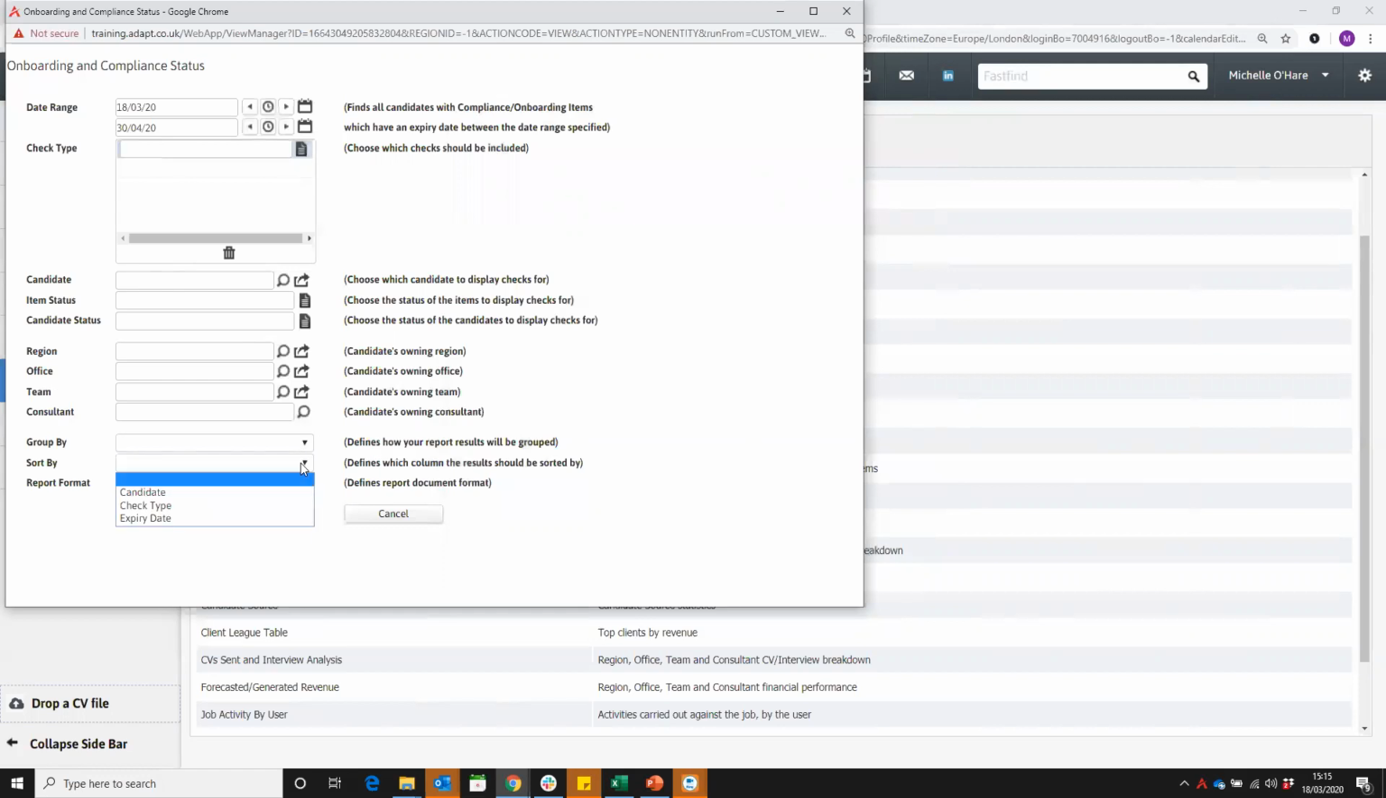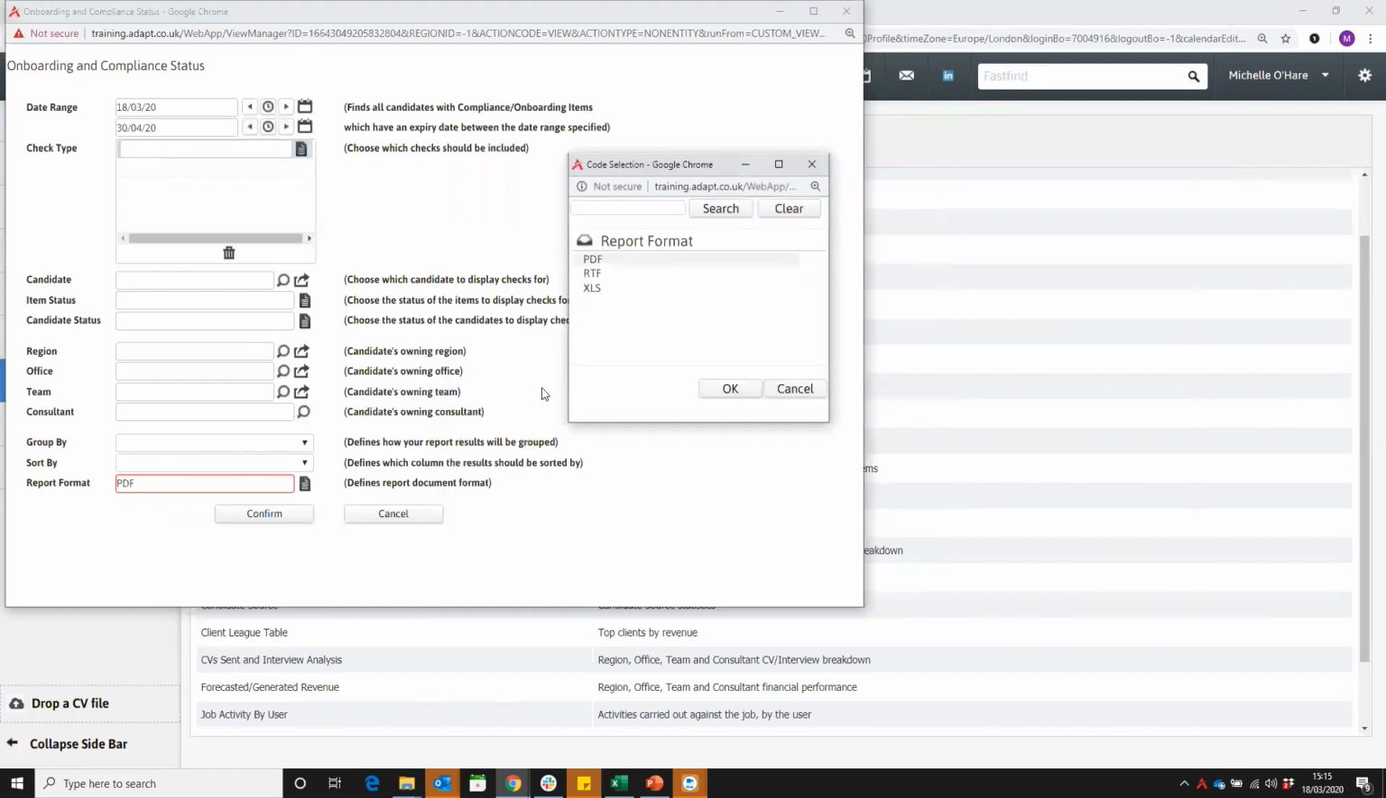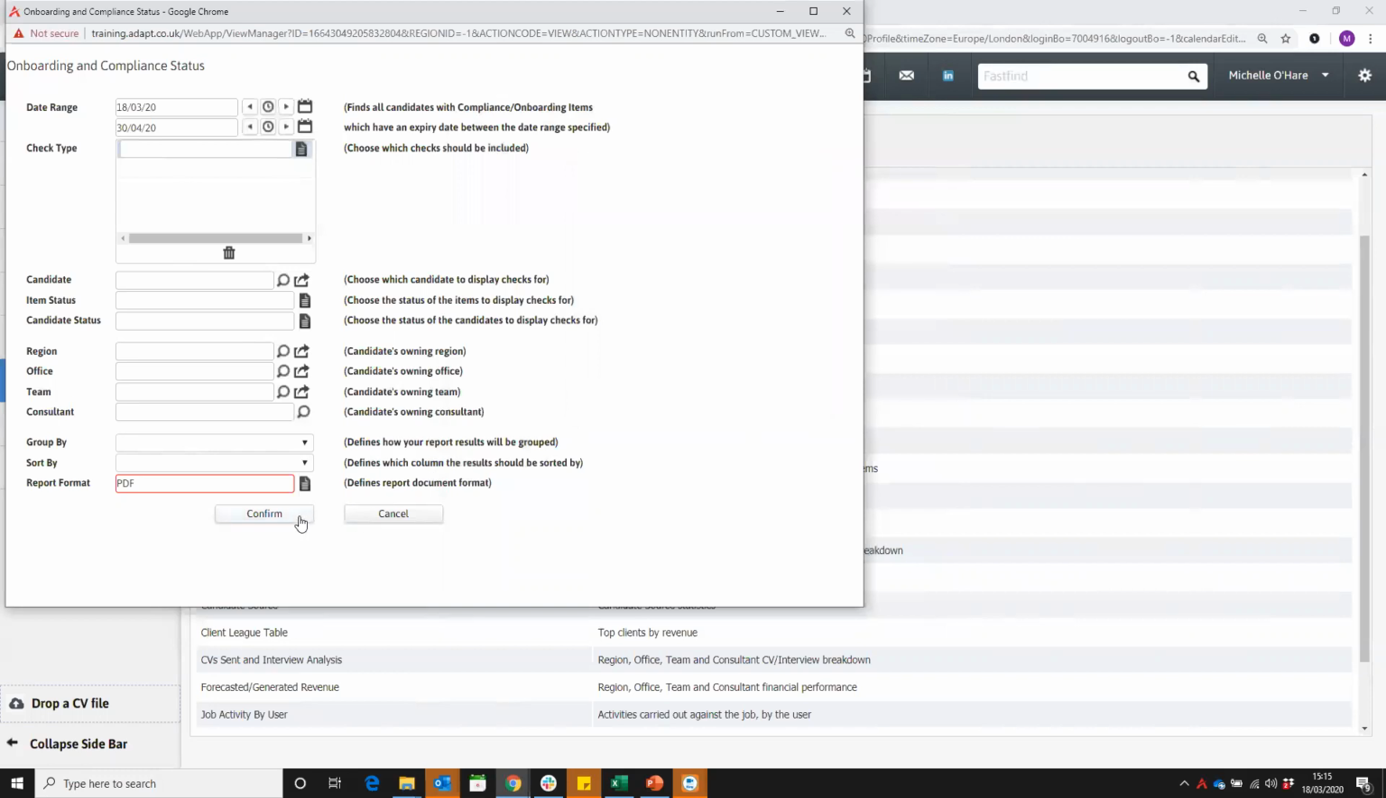You can then also sort that data. Most commonly in here, you're going to be looking at maybe expiry date. I'm going to leave mine quite open. I'm going to leave mine as PDF, but you do have the choice of selecting RTF or Excel. And just to show you, once you confirm,